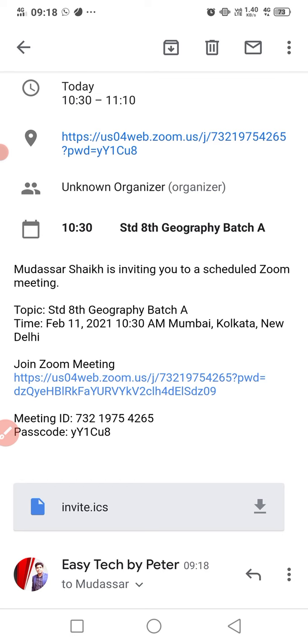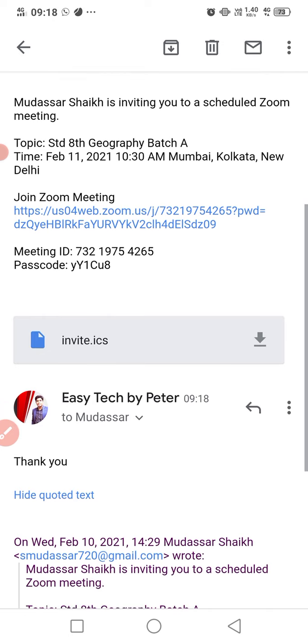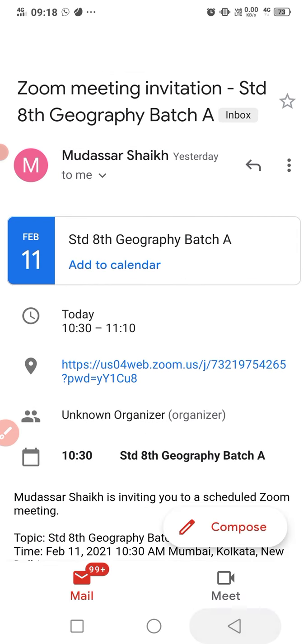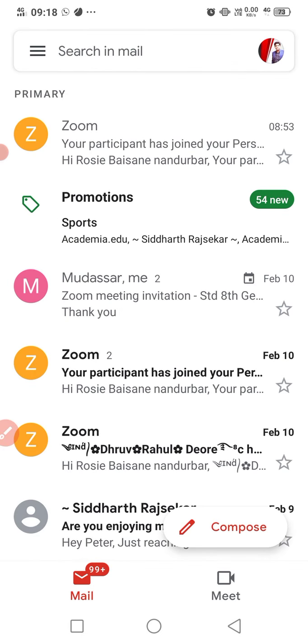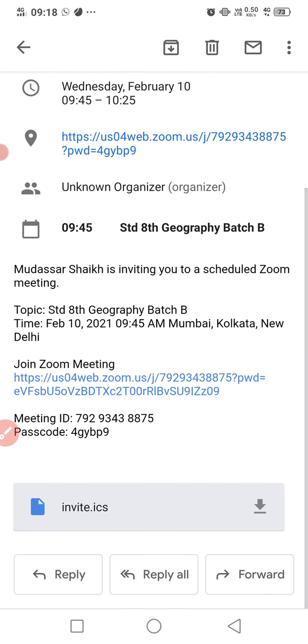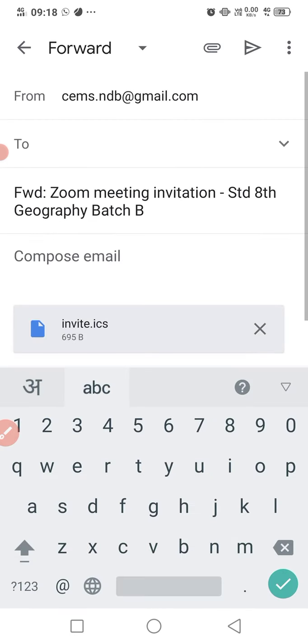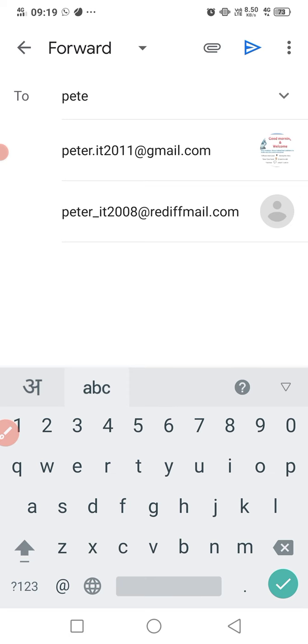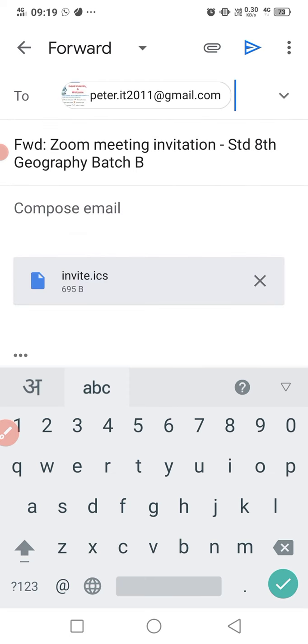Suppose I want to forward this message, this link, to somebody. So what can I do? Again we have to open the email. For this link, go downside, we have the forward option at the right bottom corner. Just click. With the help of forward we can send the same message. Now the content is all ready, we just need to type the email id of whom we want to forward to. Typed. If I click on send, it will go.